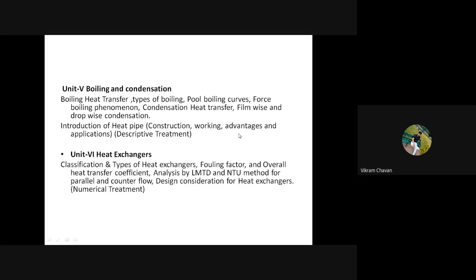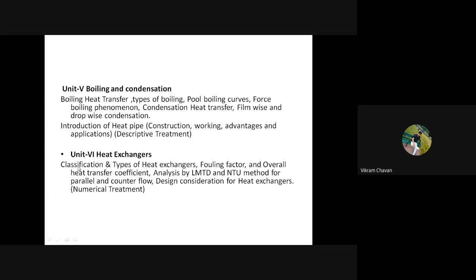This has only descriptive treatment, there will not be any derivation on the heat pipe. Then the last important chapter is the heat exchanger, which finds a large number of applications in the industrial sectors. Your boiler is one kind of heat exchanger, your condenser is one kind of heat exchanger, the evaporator is one kind of heat exchanger. So there are n number of applications for the heat exchanger, and we are going to understand the different types of heat exchanger,